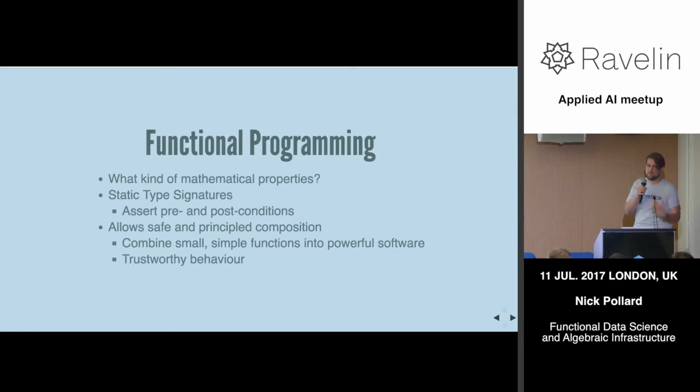This allows you to very easily compose functions together, building blocks of code. These might be data science models, these might be things that you've trained, these might be just bog standard code that you've written for menial tasks. Doesn't matter what it is, you have this safety that if you combine functions with the correct types, that's going to work, right? You're taking these things that you know are correct, putting them together, and you still know that what you've created is also correct for the properties that you've stated.